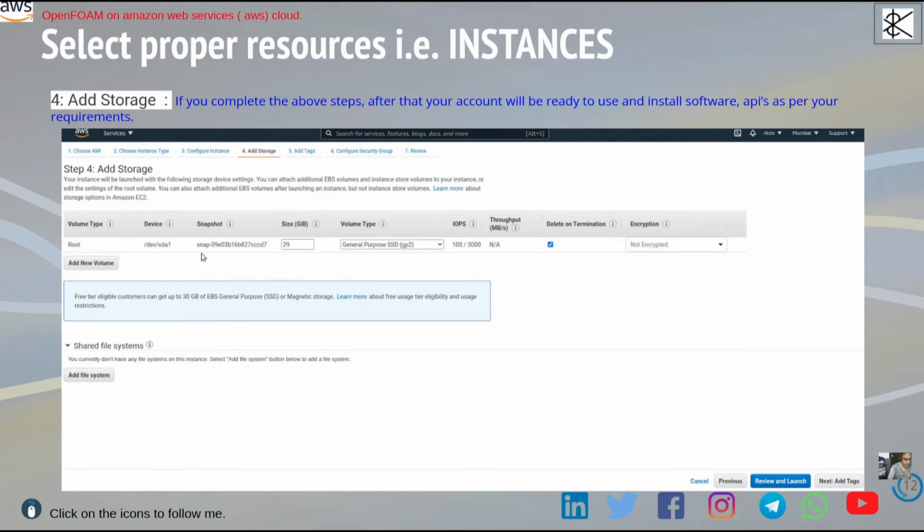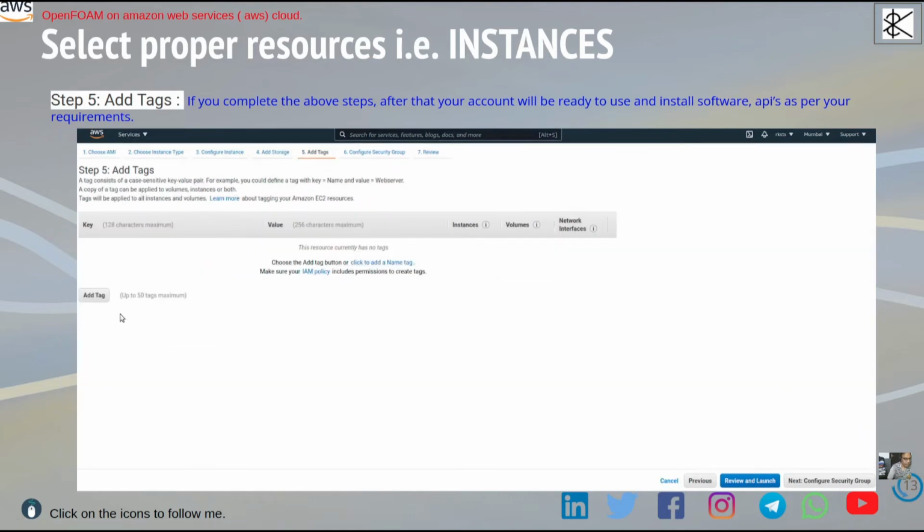By default you will see the storage is around 8 GB, which is not sufficient. For the free tier, you can read this message: free tier eligible customers can use up to 30 GB. So don't put 30, just use something less than 30 GB, and based on that click next.